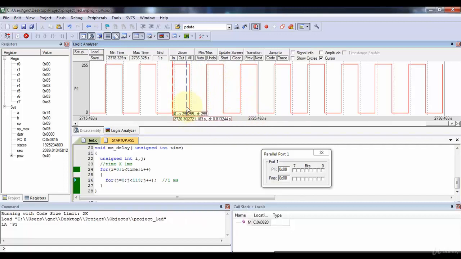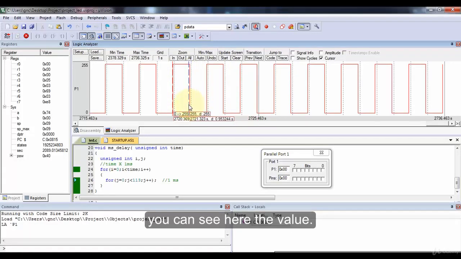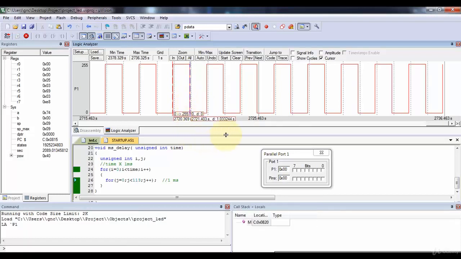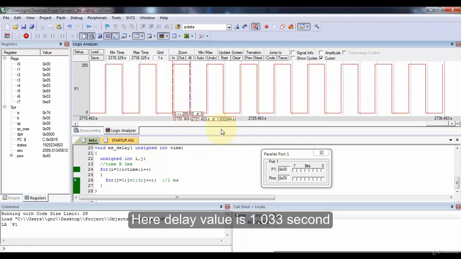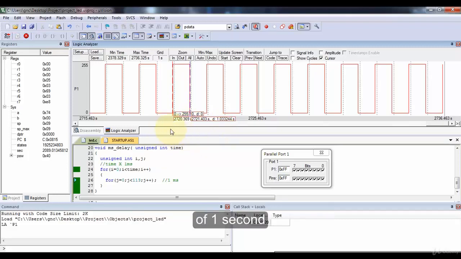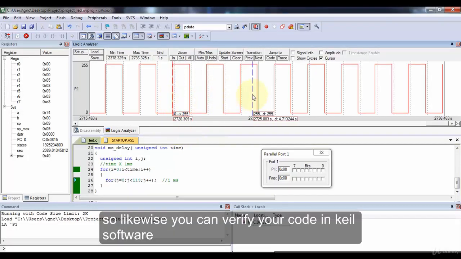When I moved it, the value changed. Now you can see the delay is this one. I will arrange it like this. This delay value is 1.033 seconds. That means approximately I am getting a delay of 1 second. So likewise, you can verify your code in Keil software.